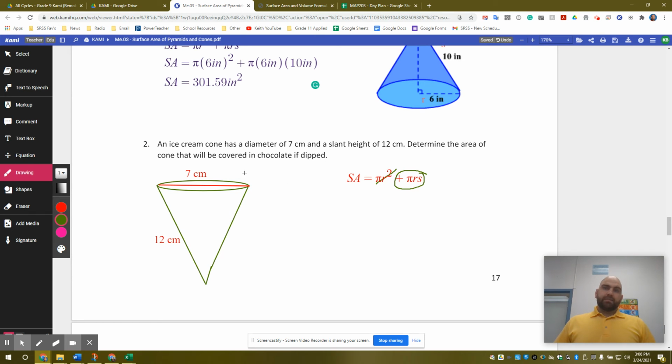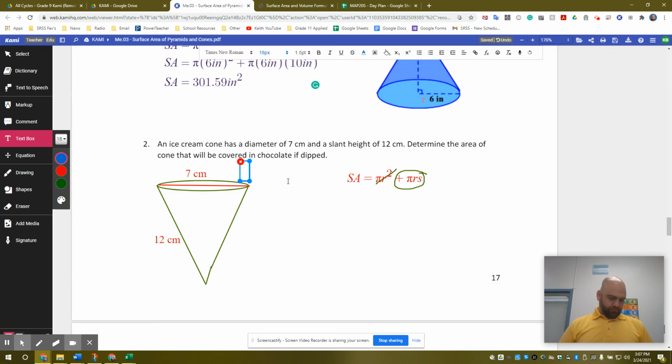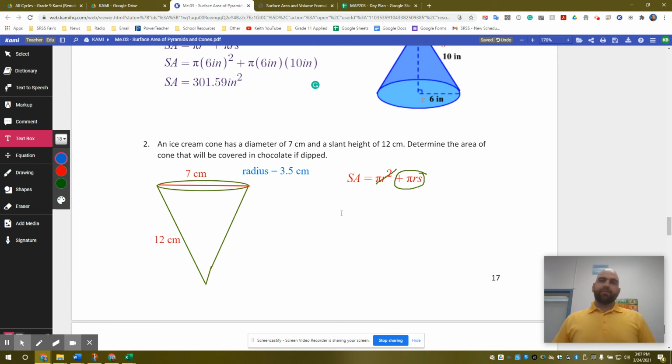Well, we need to know the radius. If our diameter is 7 centimeters, then we can find our radius by dividing by 2. And that's going to be 3.5 centimeters. So our radius is equal to 3.5 centimeters. Okay, that's just dividing by 2. Some will take a little bit more work. You might need a calculator depending on the number. Other ones you can probably do using mental math. All right, once we have that, let's plug in our